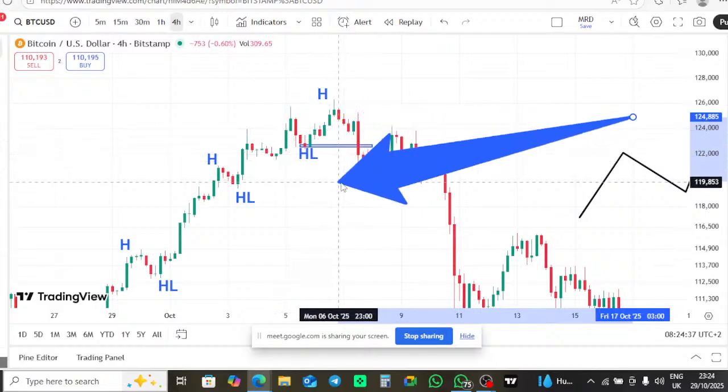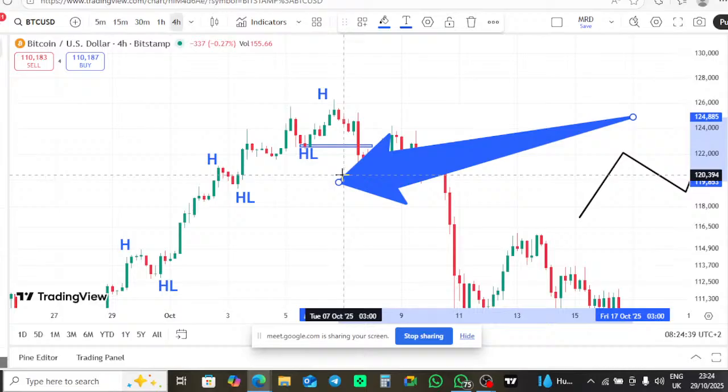Ladies and gentlemen, this is the foundation of the market analysis that we always tell you. If they say learn market analysis, this is what they tell you to learn. Understand the market.